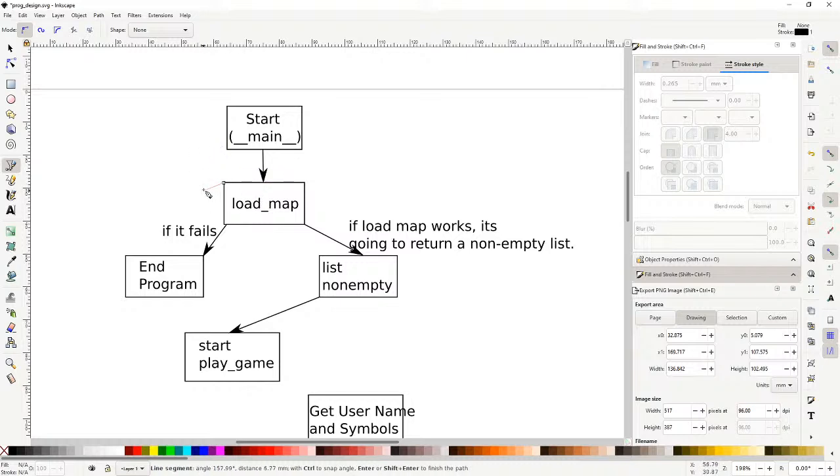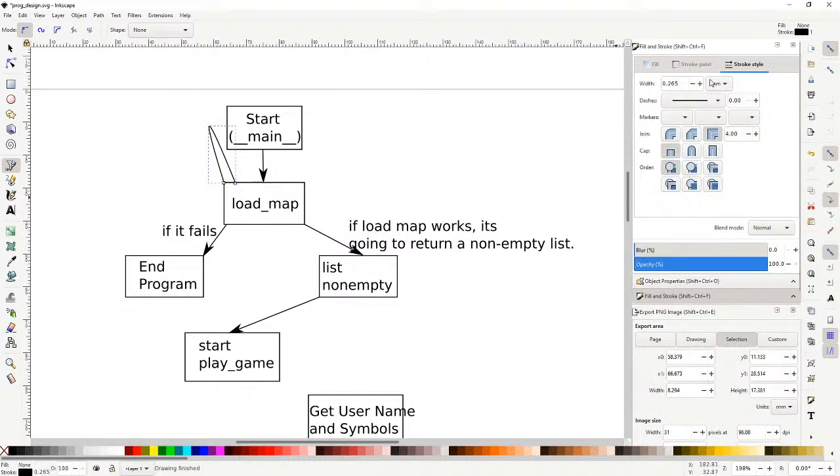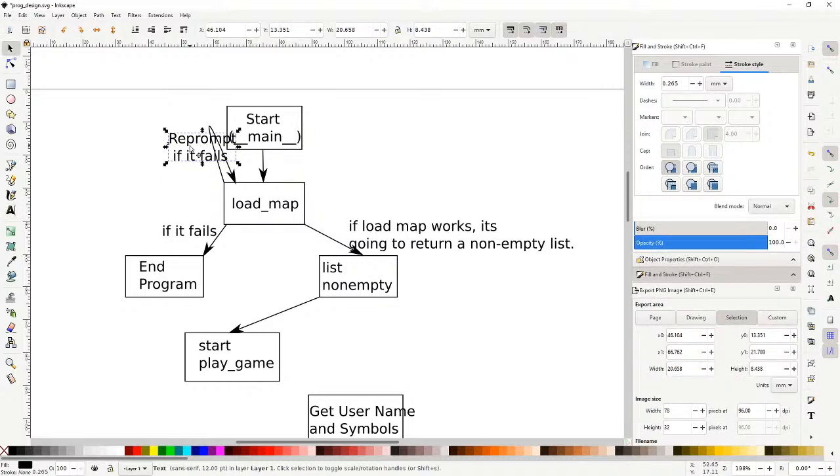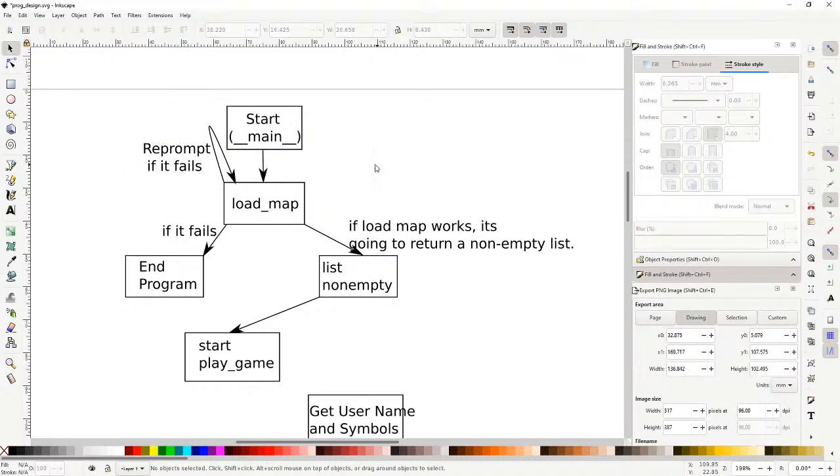Something like this, right? Where you head out from the node and head back in, and this would be reprompt if it fails. So that's your choice. You can either reprompt or you can just terminate. I think that it's fine to just terminate, mainly because